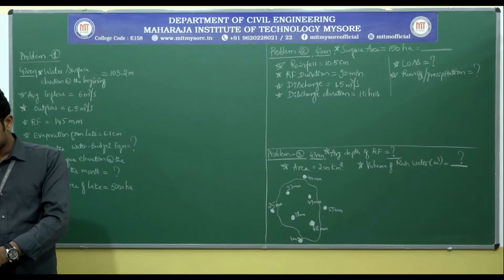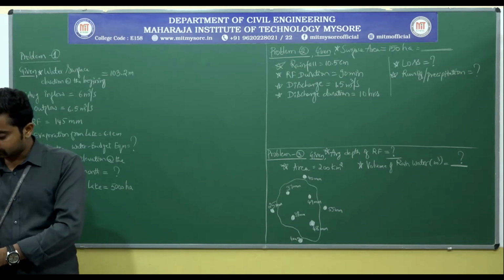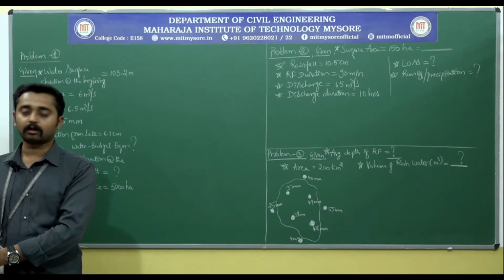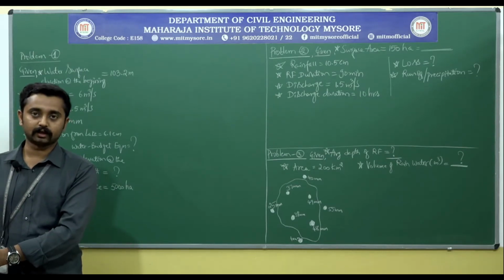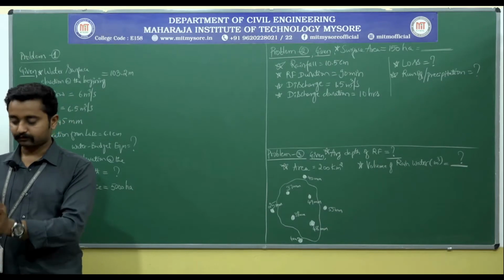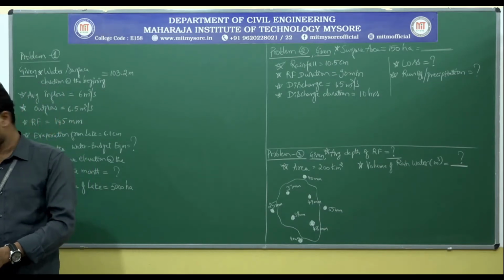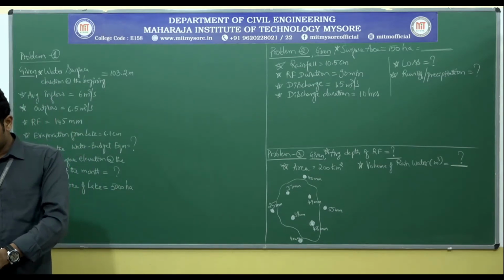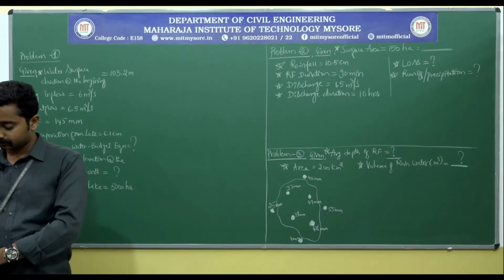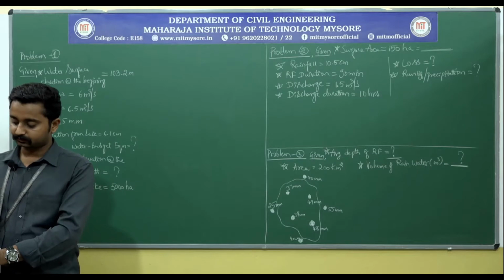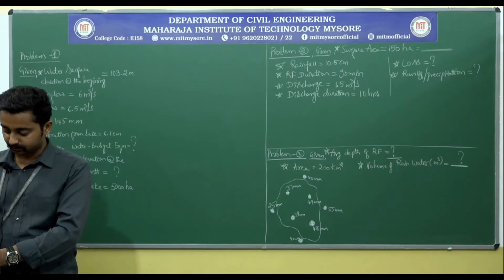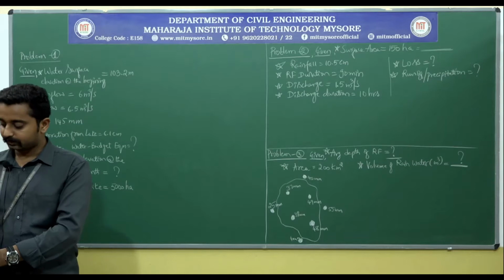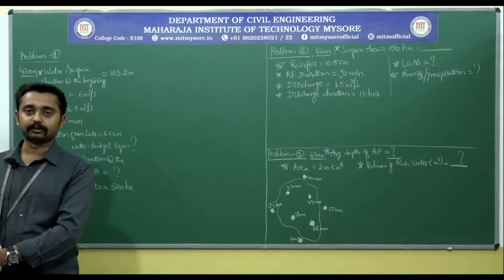Further, in that month, the lake receives a rainfall of 145 mm. The evaporation from the lake surface was estimated as 6.1 centimeter. Write the water budget equation